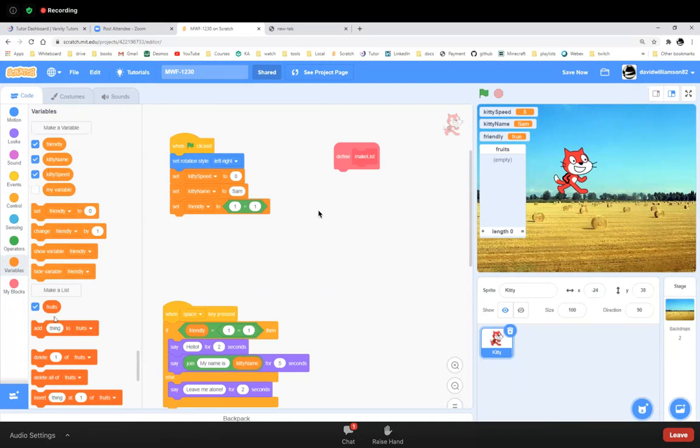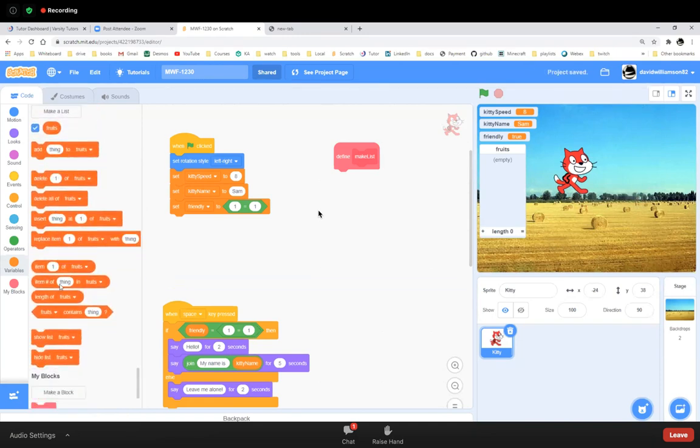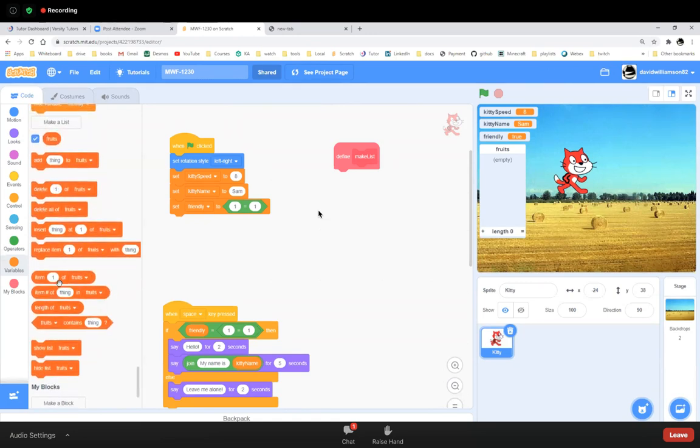I have my list now. I created a list called fruits. Okay, so now I have these other blocks available to me. See how they opened up? They're like deep red, dark red, reddish orange. This is a block that says add thing to fruits. Okay, so I'm gonna add a thing to fruits. I'm gonna add apples, okay?